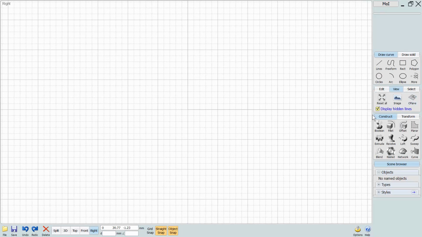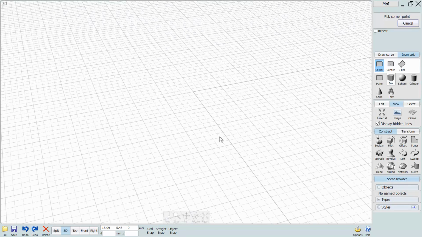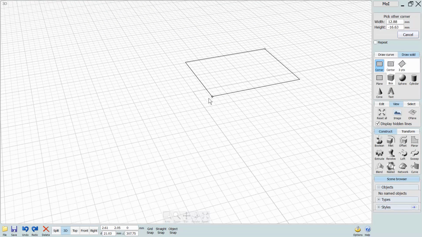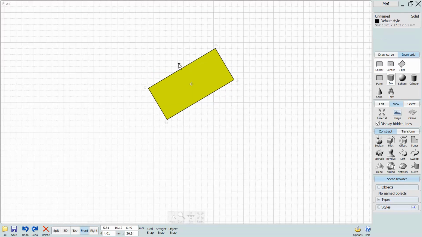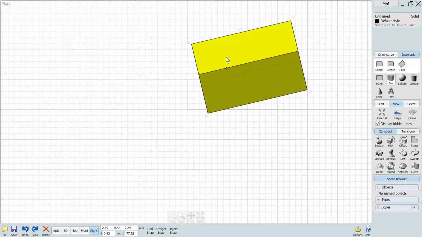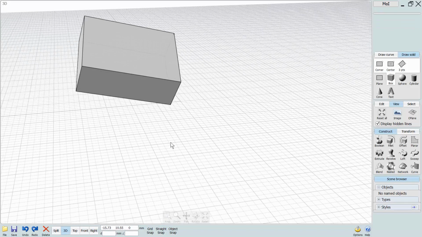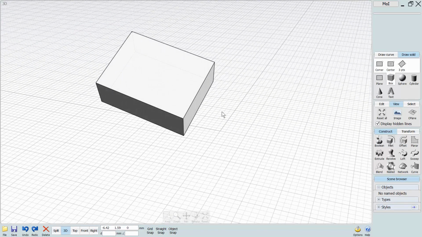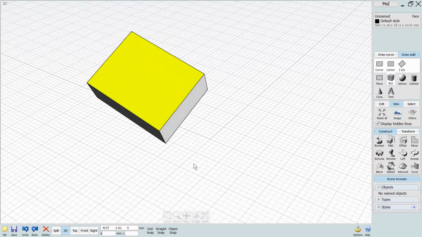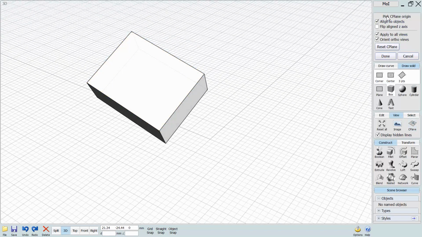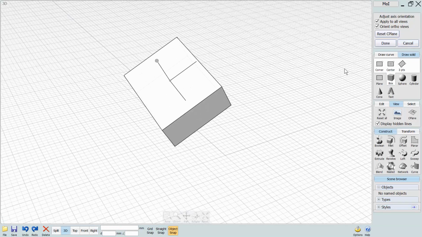Let's move to another tool here, which is called C-plane. With that one, you can change the orientation for this grid plane. So if we create a box, and let's rotate this at some specific angle. So now if I want to align this grid lines to this face here, I can use this C-plane button. Moi will ask me to pick the C-plane origin, so I can place this origin point on my object. So I need to use object snap, and then I can snap this origin point to this center point of this face like this. And now if I hit done,